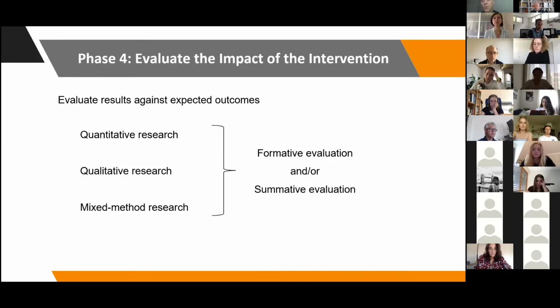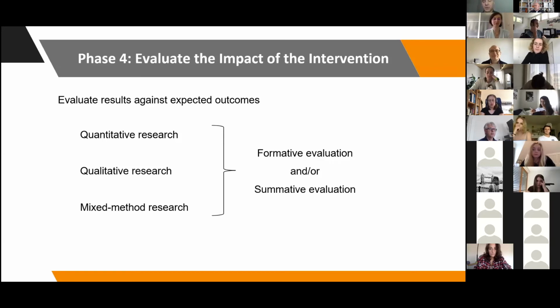So then once you have identified the behavior and the determinants of the behavior that you want to change, and you use a proper approach and technique to change those determinants, then you are expected to evaluate the impact of your intervention. The evaluation of interventions is complicated,